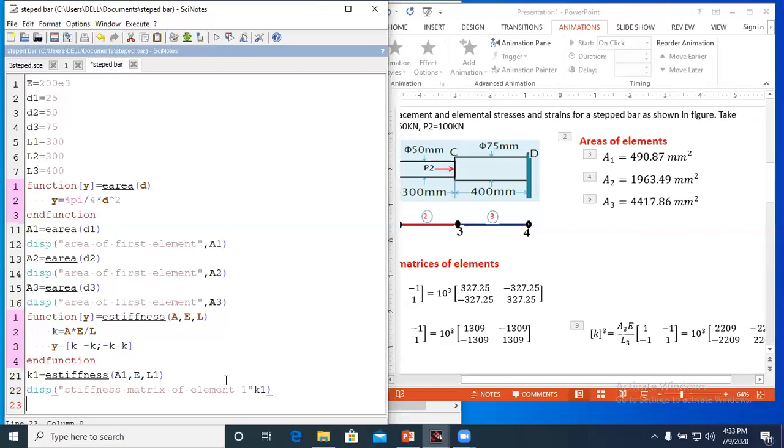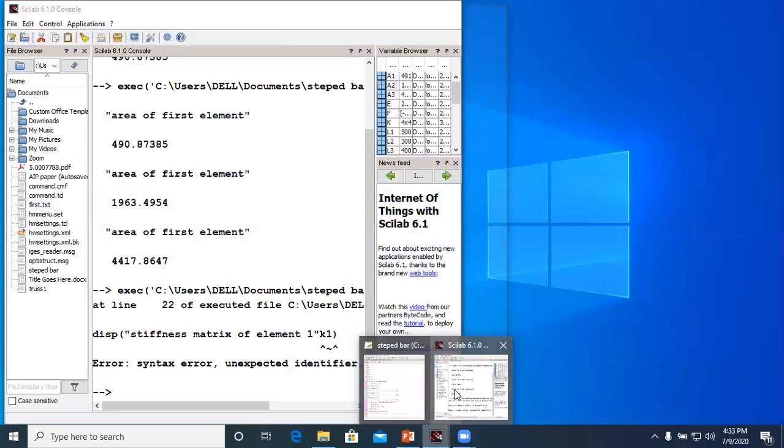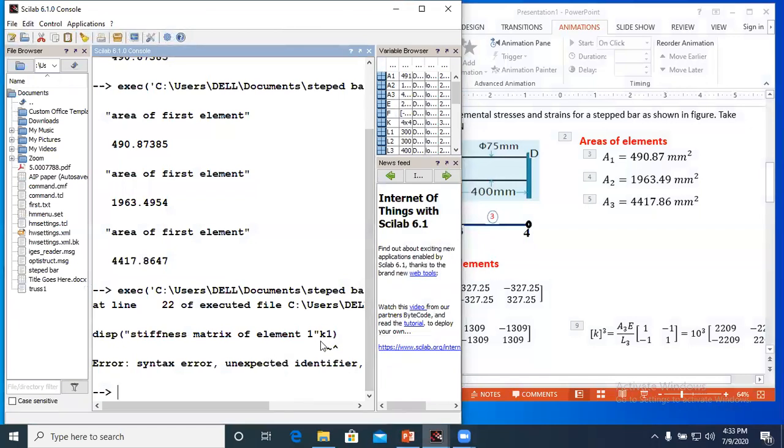Now after that, we will check whether the defined function and defined arguments are correct or not. So you again press on save and execute, click here. Now check the output in console window. Now one error is there. What is that error?